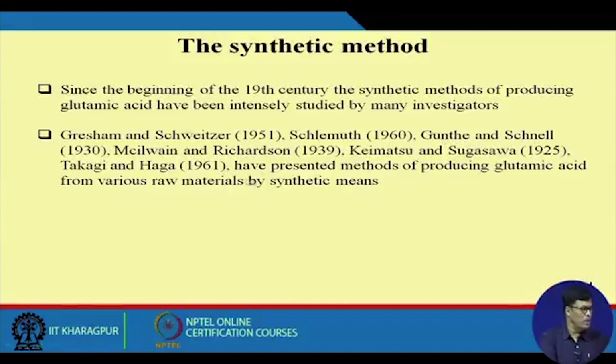They worked together, and they presented methods for producing glutamic acid from various raw materials by synthetic means. But I am not going into details about the chemical process, because the main purpose of the course is to describe the